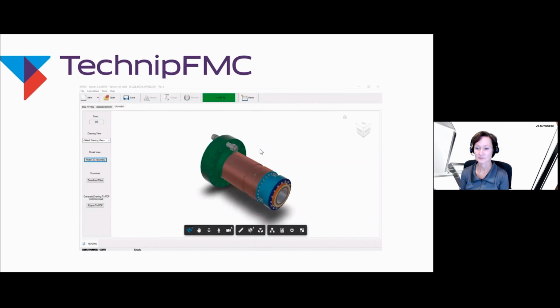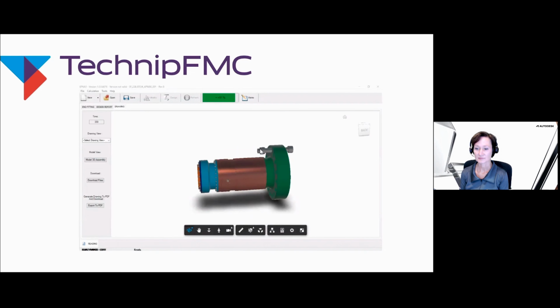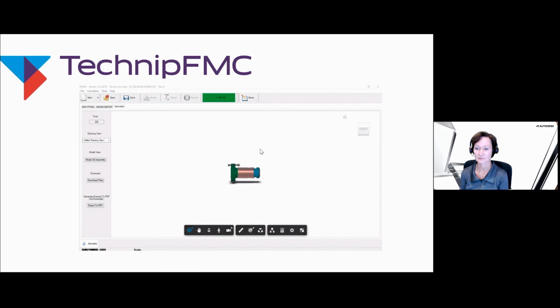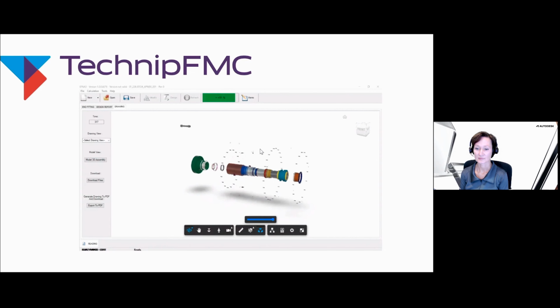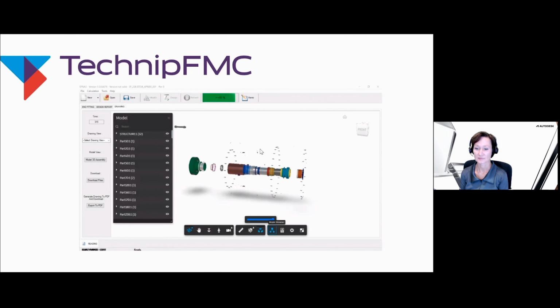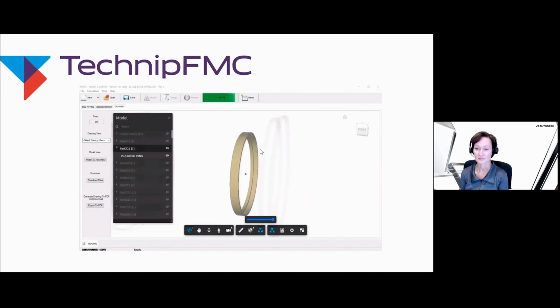Now I will present here a selected design, and after that I send all information to the cloud, and now we can see an HTML viewer, the output of our design from the cloud directly. So we can see all the shop parts also.